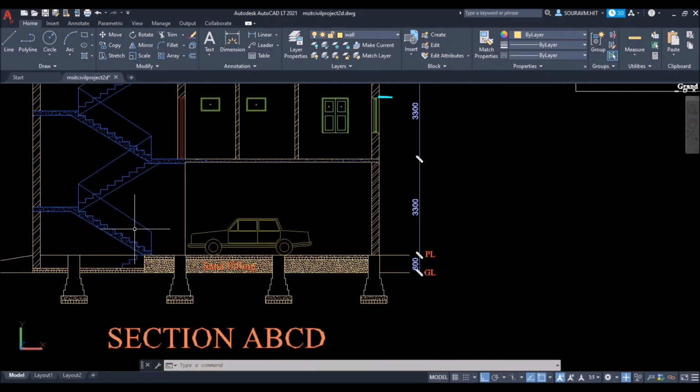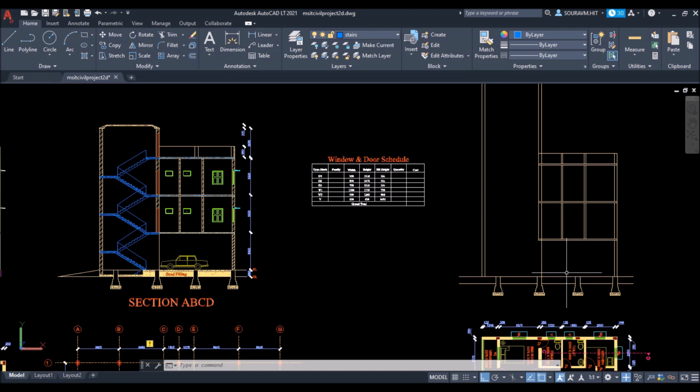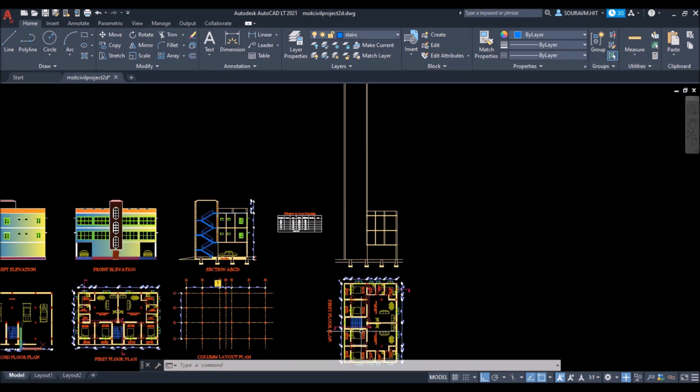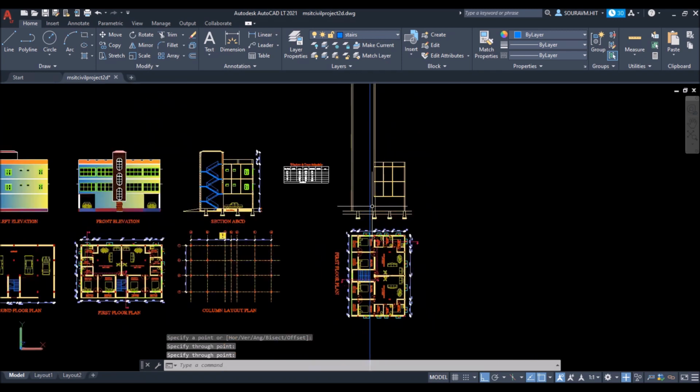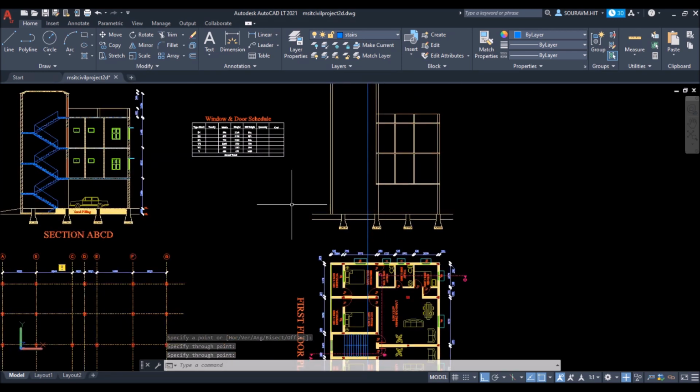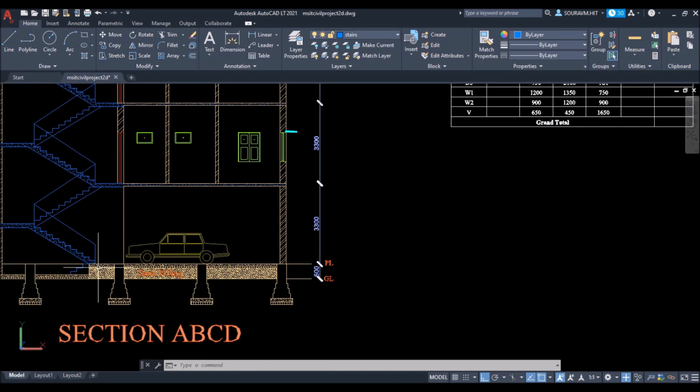Now let's draw the staircase portion. So first I'll set the stair layer as the current layer. Then I'll project this line using construction line. So do it as shown. So the rise is 150 and the tread here is 250 mm.